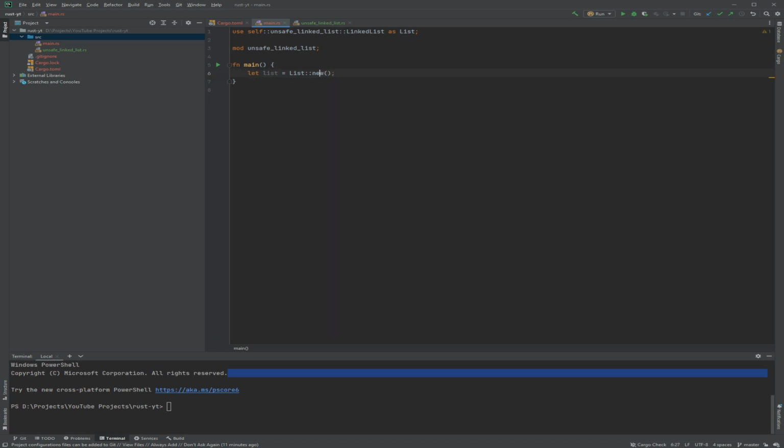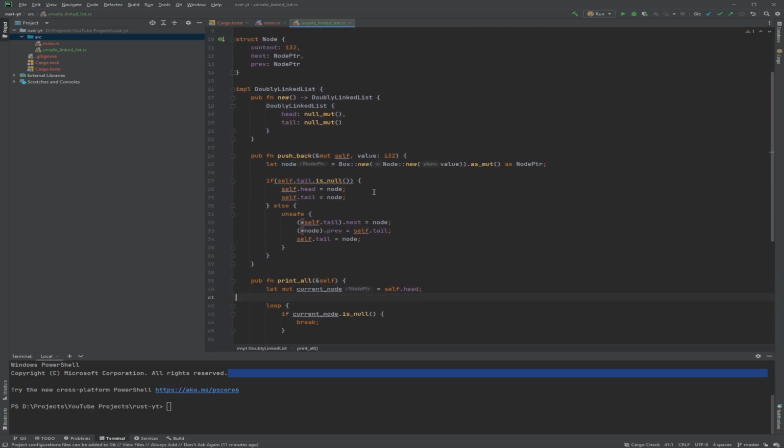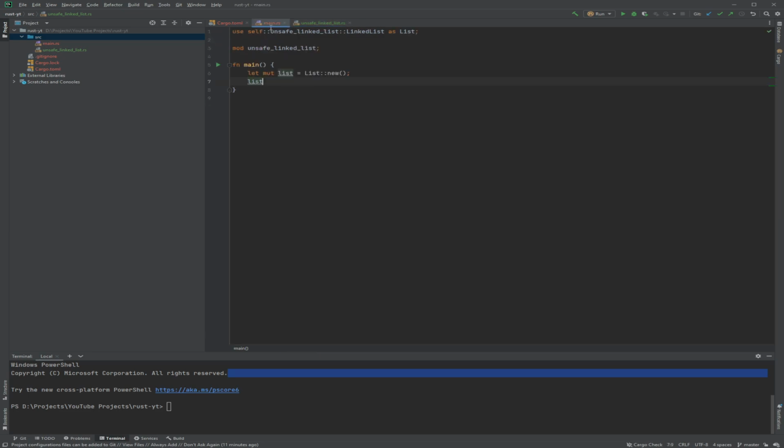And obviously we need to make it mutable so we can modify, so we can get a self. Is that list is also being used for something? What is happening? Oh, I called it DoublyLinkedList. No wonder. Why did I do this? Alright. And so it's DoublyLinkedList. I'm not getting any error checking.